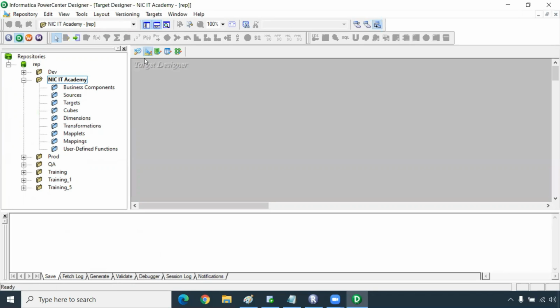If you click on the second one, Target Designer, at the top you can see the target. Then the Transformation Developer, which I will explain one by one, then the Mapplet Designer and the Mapping Designer. So the 5 components are Source Analyzer, Target Designer, Transformation Developer, Mapplet Designer, and Mapping Designer. At first it will be a little bit confusing for you, but after you use this tool for the next 2 to 3 days, these component names will definitely be very easy for you.